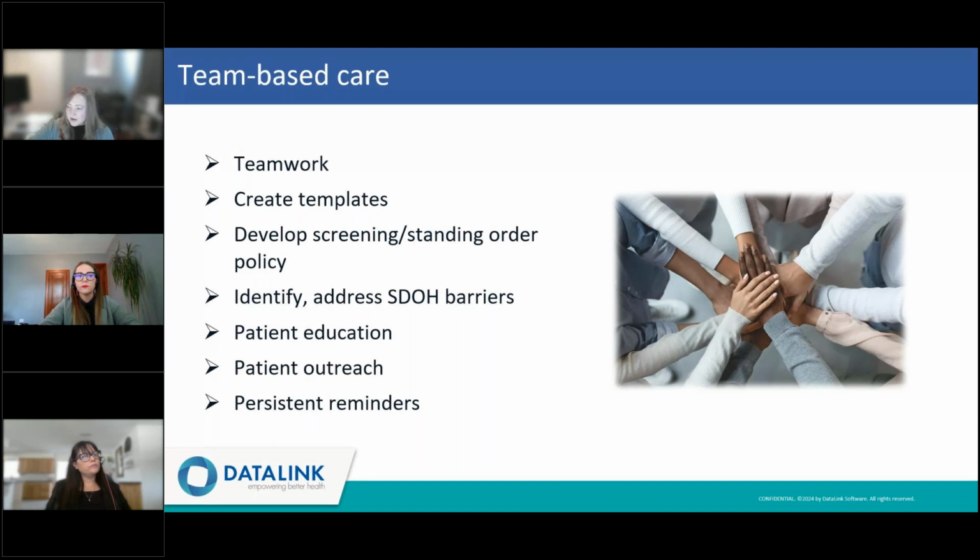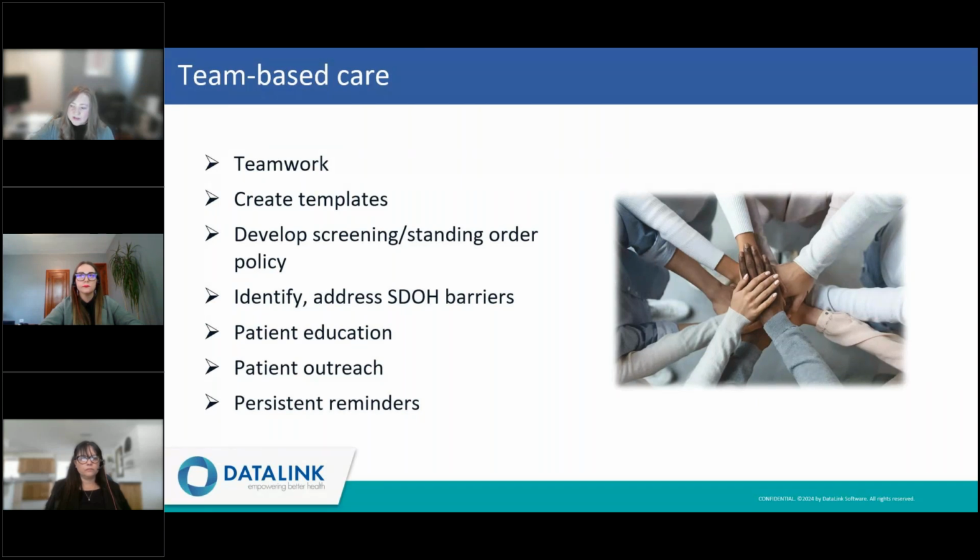Beginning with teamwork. Communication and teamwork skills are essential for providing high-quality care. Research shows that when clinical and non-clinical staff collaborate effectively, healthcare teams can improve patient outcomes, they can prevent medical errors, improve efficiency, and increase patient satisfaction as well. One of the most effective means of collaboration is to utilize your staff to the full extent of their scope. So getting everyone on the team involved in the patient's care.